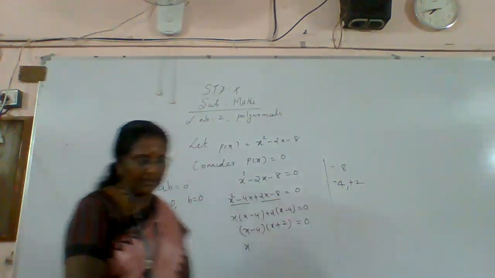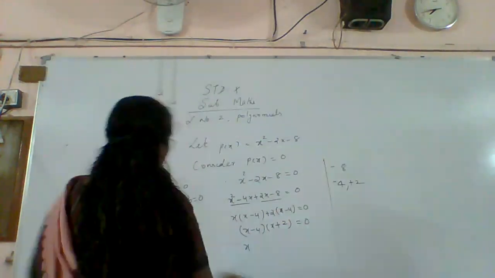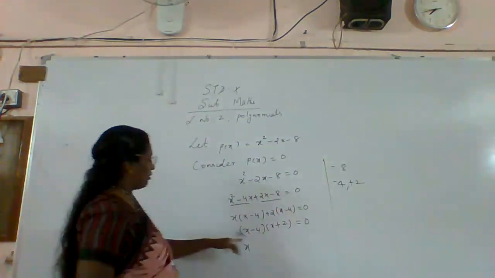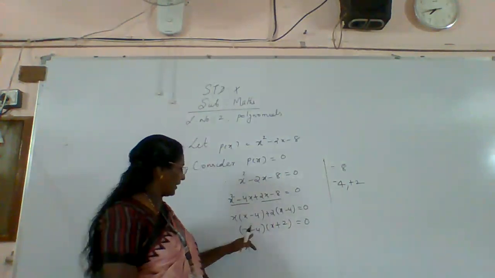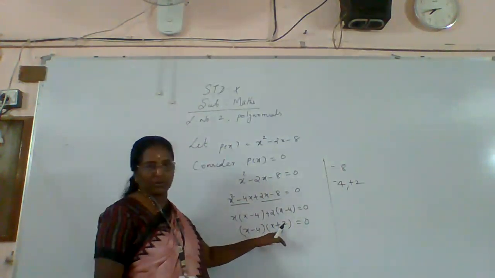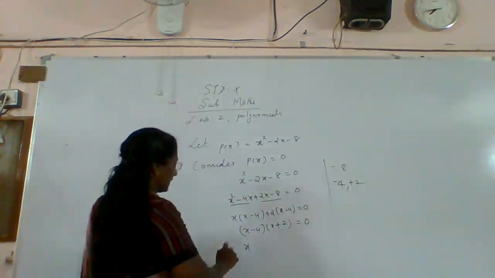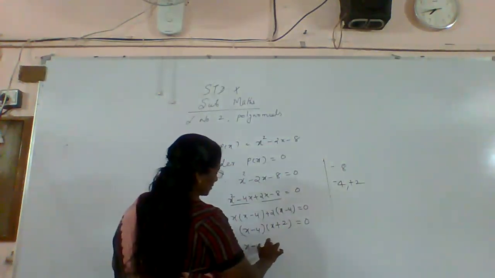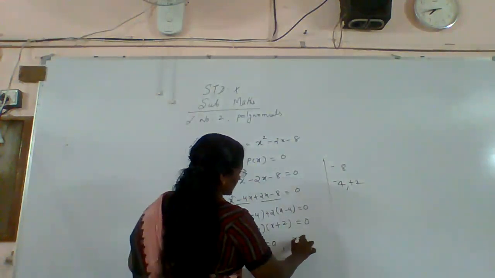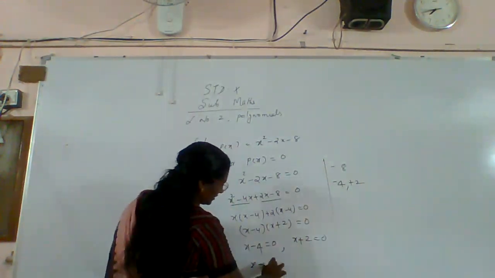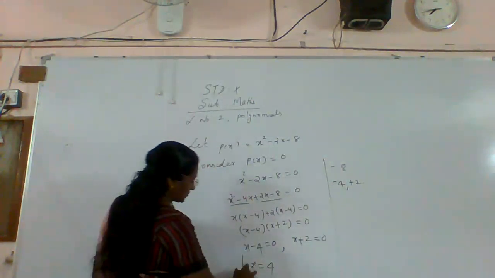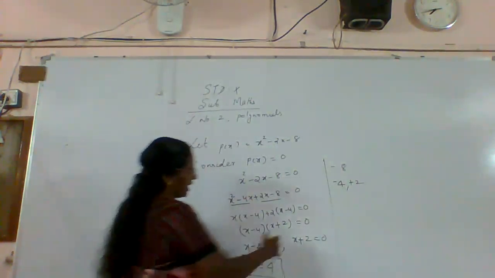So in the same way, here you have the product of two numbers equal to 0. The meaning is that either this is equal to 0 or this is equal to 0. So we can write x minus 4 equal to 0 and x plus 2 equal to 0. Clear? Therefore, x is equal to 4, minus 4 going to that side becomes plus 4, that is one zero, and for the second zero,